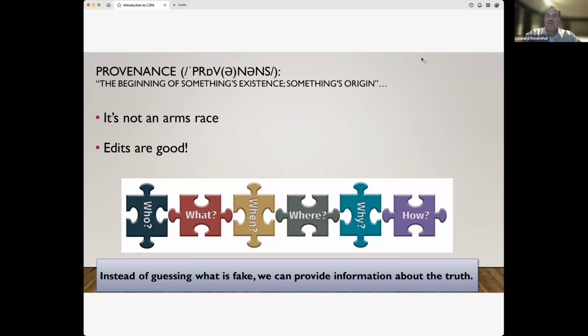So we don't want to just detect whether or not something was generated by AI. We don't want to just detect if potentially edits were made. We want to document all that information, because editing and manipulation are all things that people do on a daily basis with their content. And they should be able to continue to do that and not have to worry that some tool is going to come along and maybe think that that was a bad thing. So instead, we want to document the who, the what, the where, the when, the how, and the why of the life of a given asset.